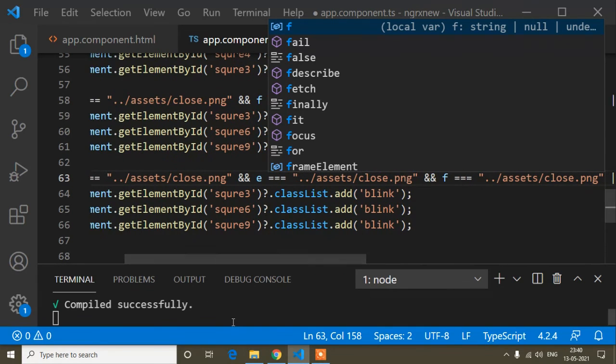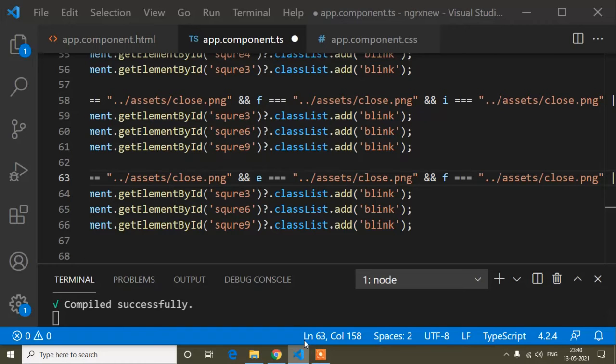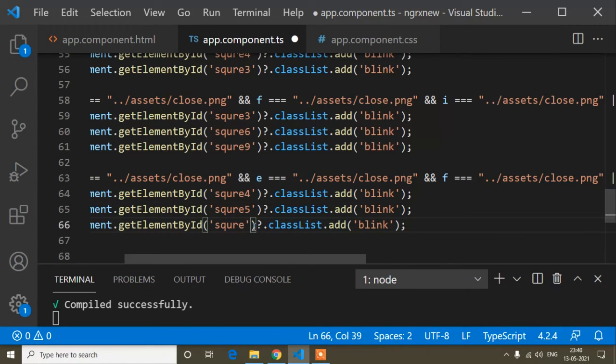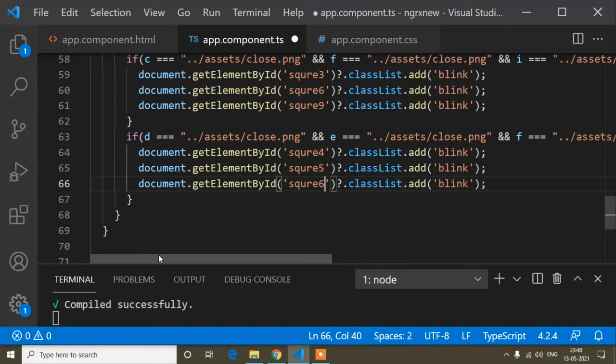DEF means the square ID is 1 2 3 4 5 6, so here 4, 5, 6. So this is done.